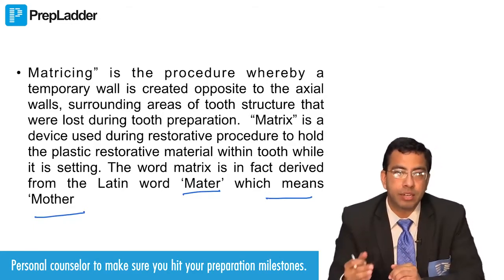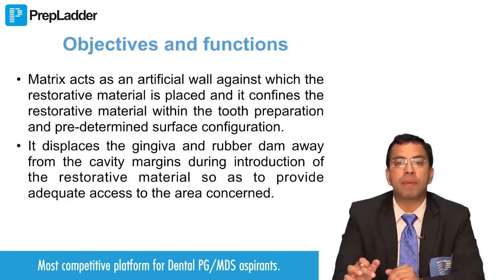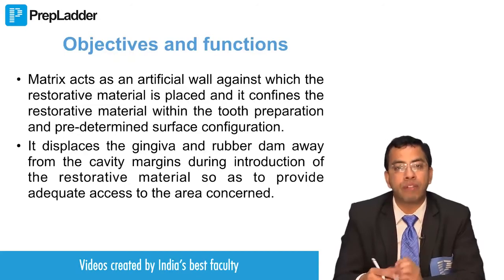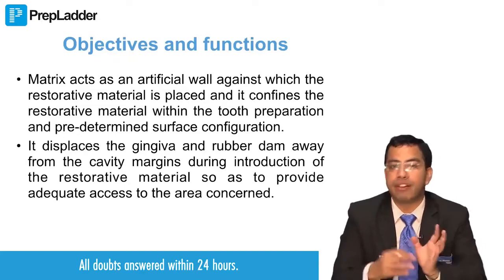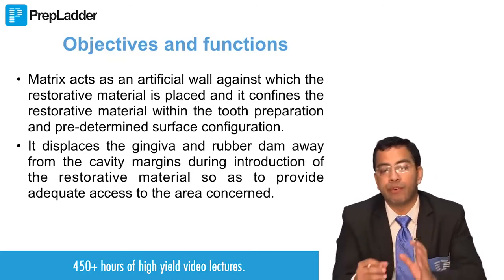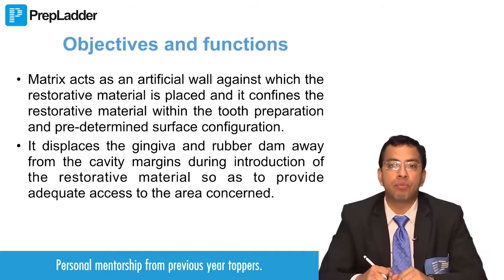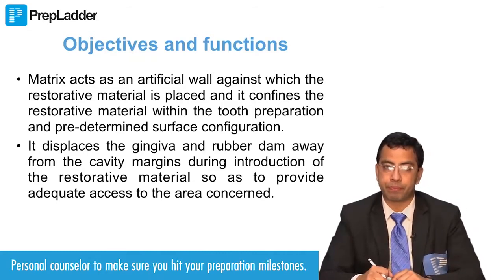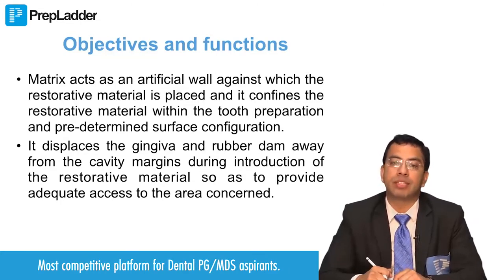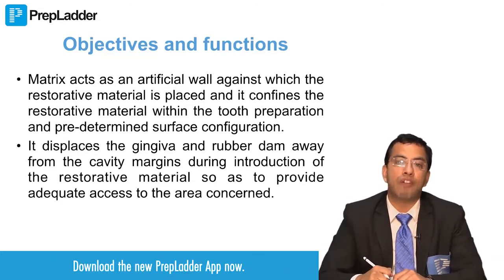structure gets restored. If you do not apply a matrix band or a retainer or the wedge, then your restorative material can flow left and right, it can flow into the gingiva, it can overflow everywhere, resulting in a poor restoration. So, if you are trying to ask what the objectives and the functions of placing a matrix are, they are: